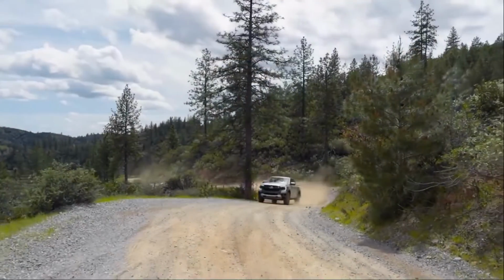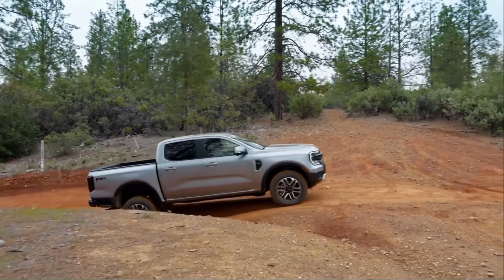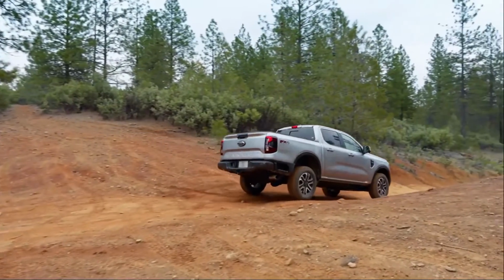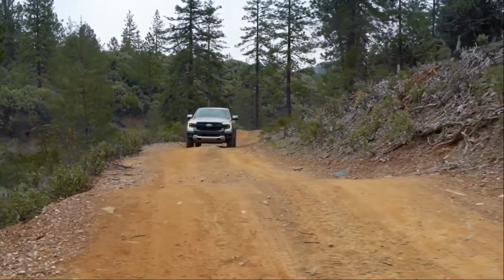Yep. And price is important. Base trim price, $32,670, so it's not cheap. That's the base. Price as tested, $43,630. Now that's the top of the line Lariat, just one below the Raptor. You don't even want to know how much the Raptor is. Base model price